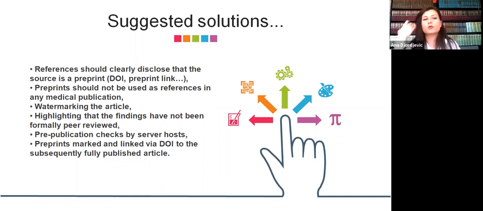There are many solutions to issues related to preprints, but here I will present 6, but I would also like you to share your experience today and discuss that. First of all, I think that references should clearly disclose that the source is a preprint via DOI or a preprint link. Preprints should not be used as references in any medical publication, but they can be used in a personal